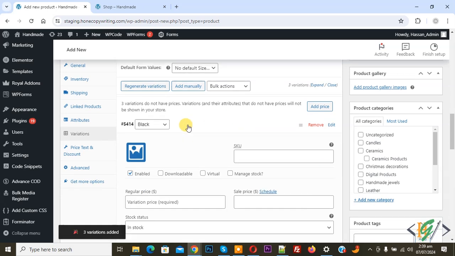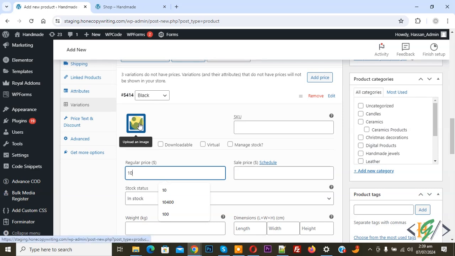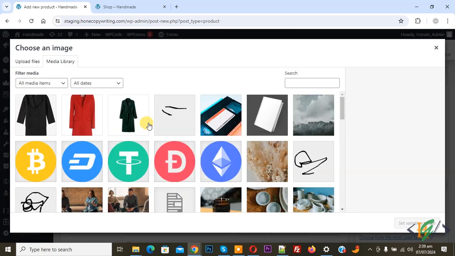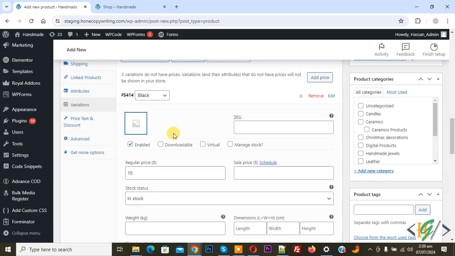Now expand it and then you see black and then you see variation price 10 and then you see image, upload an image for this variation. Now select and then select black, Set Variation Image. Now image edit,